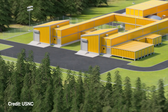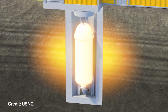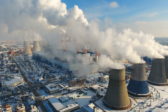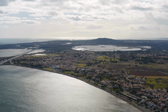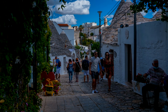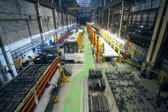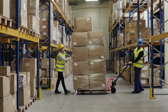Factory settings also allow for better oversight, improving construction quality and efficiency. Deciding where to build a massive reactor can pose challenges: acreage, access to water, grid requirements, the list goes on. For smaller, isolated regions, massive power stations aren't always practical. Because SMRs are built in factories and then shipped, they can bring carbon-free energy to regions that otherwise wouldn't have